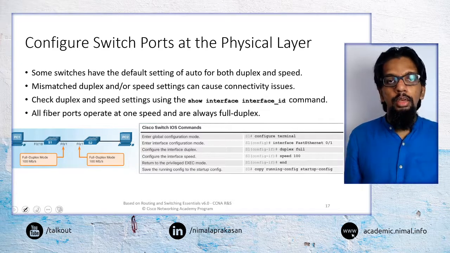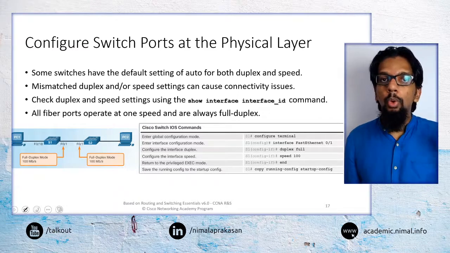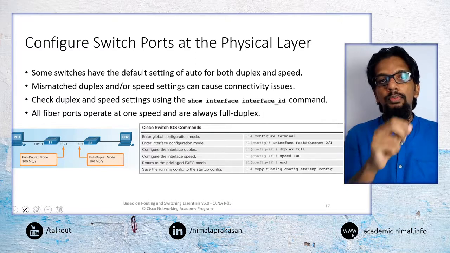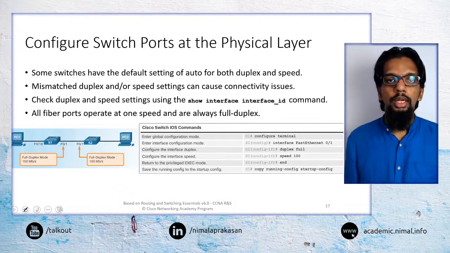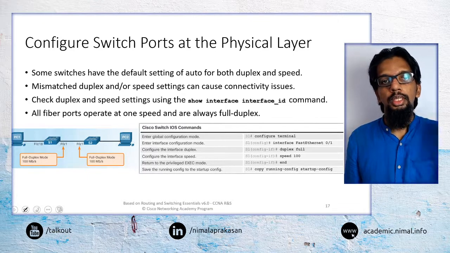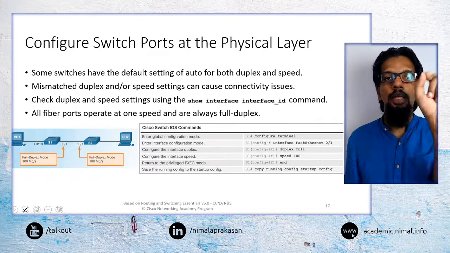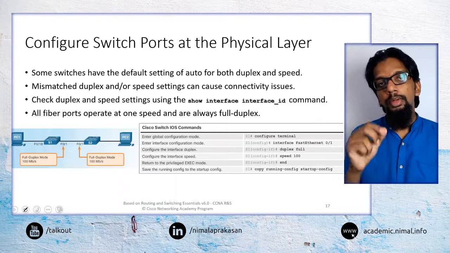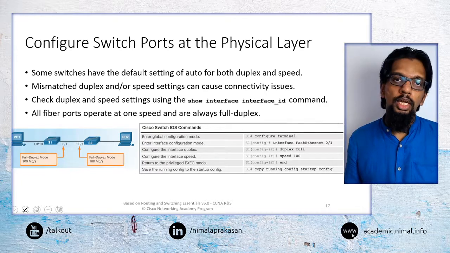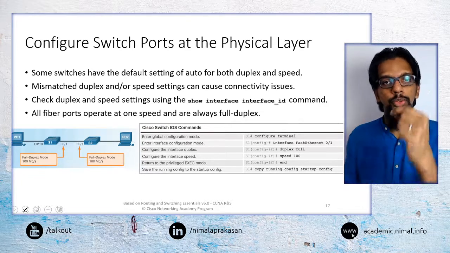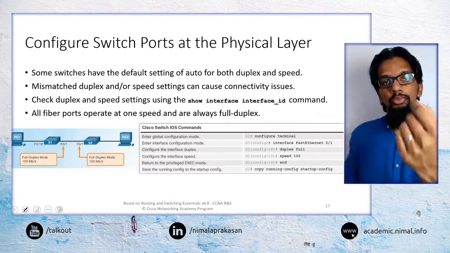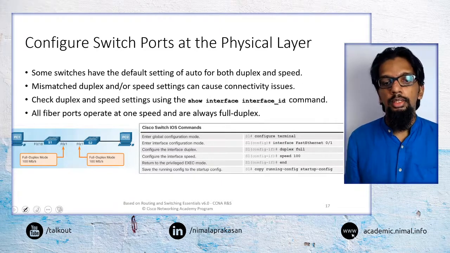For example, if we connect a device that normally supports a 100 Mbps connection, we have to specify and configure that at both ends of that link. So if the computer needs to be configured as a 100 Mbps connection, the same thing also needs to match at the switch end. Similarly, if we are connecting to another switch, these two devices should match, whether it is a gigabit connection on both if both devices support that.